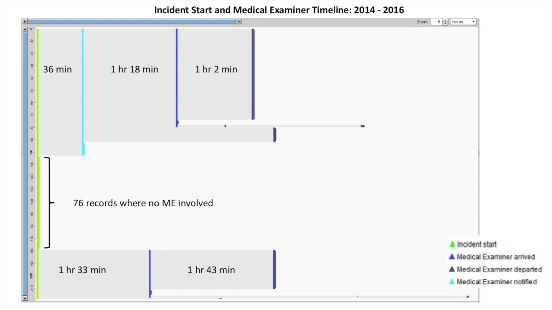Is it that the police are not calling them quickly enough? Or is there a flaw in their notification process with the police? And then once they're on scene, obviously they have some investigation to do. But we were able to actually talk to them about the issues that they have. It's not so much them being called that is the delay, but if you notice the time it took, 2 hours for them to even get on the scene,